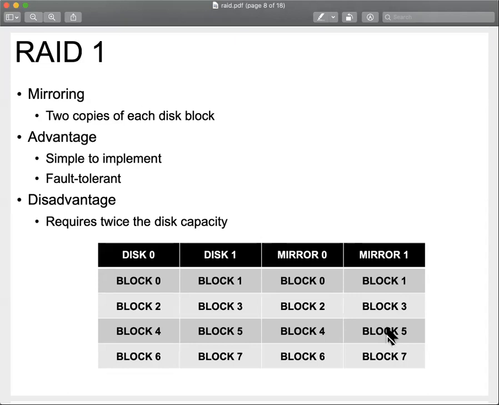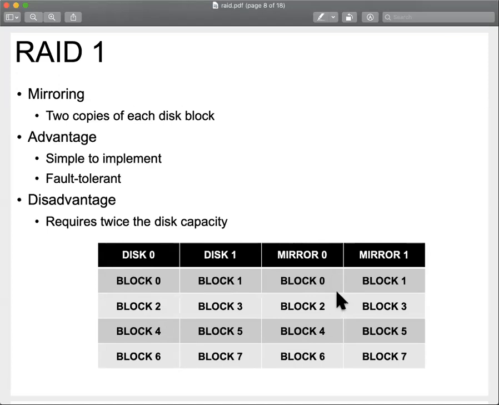For example, if disk 0 and disk 1 fail, then we can restore them both from mirror 0 and mirror 1. Or if disk 1 and mirror 0 fail, then we can restore them from the corresponding other disks. So there are many 2 disk failure scenarios this can handle. The only thing that it can't handle is if the primary disk and the mirror disk both fail at the same time, or before you can recover the first failed disk. In this case, these 2 disk scenarios we can't recover. So RAID 1 is pretty good in terms of